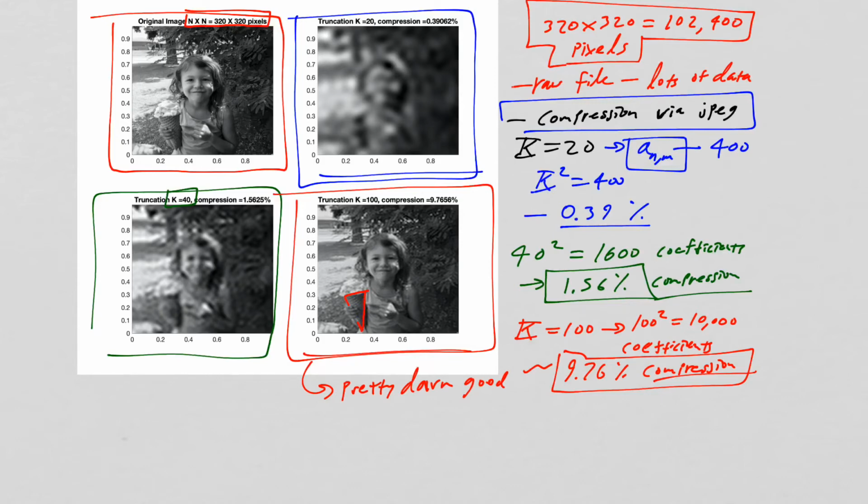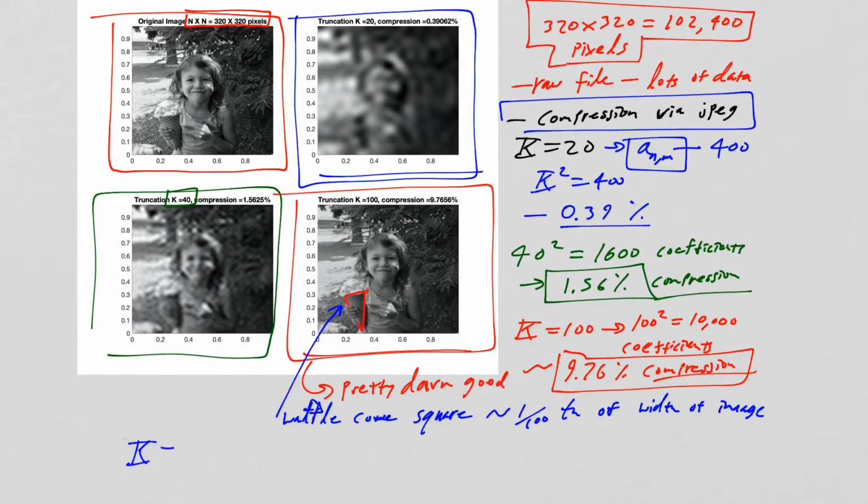So I'll erase that so you can see it better, but clearly each waffle cone square, I would say, is about 1/100th of the width of the image. That's just an approximate, but remember our k is equal to 100, so we're looking at basically